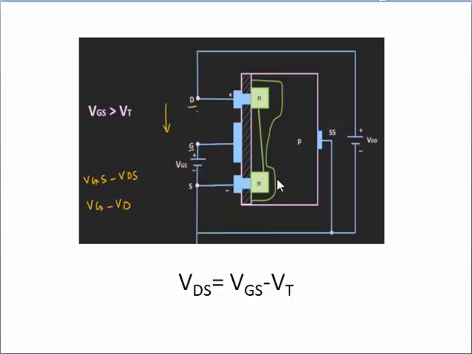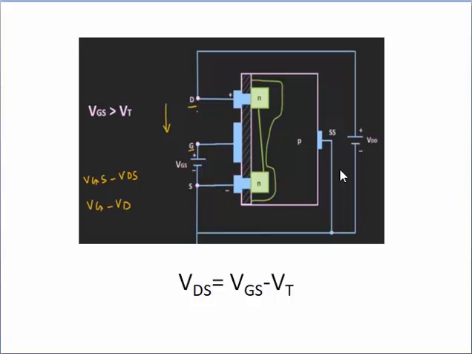This saturation voltage can be expressed as VDS equal to VGS minus VT. VGS is the voltage between gate and source terminal, where VT is the threshold voltage. That means the pinch off condition will occur whenever the difference between gate and drain terminal is just equal to the threshold voltage, because at the threshold voltage the channel is just created between the drain and source terminal. Threshold voltage is the minimum voltage.